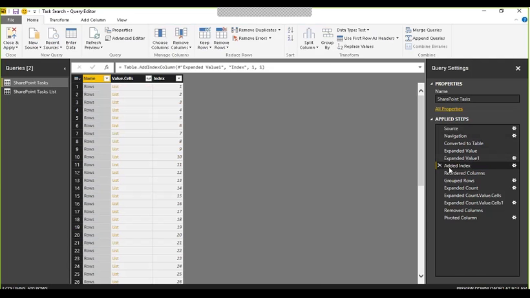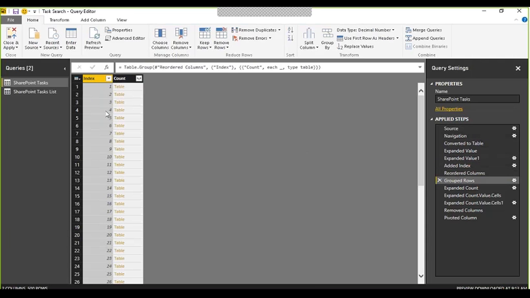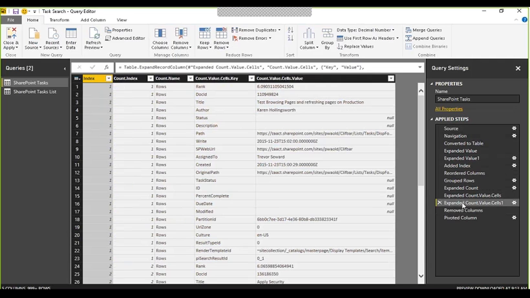So I'm going to add an index to this, then reorder it by that index, and group it by that, so I create a table. Basically, as I'm drilling down into this search result set, Microsoft returns it as a key value pair in which I have the value and then I have the column, and each of those are in a text field. So as I drill down here, what you'll notice